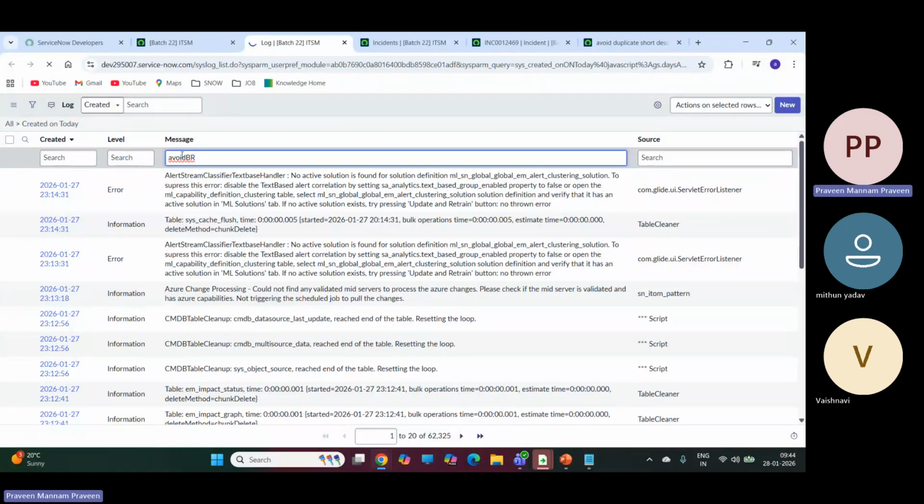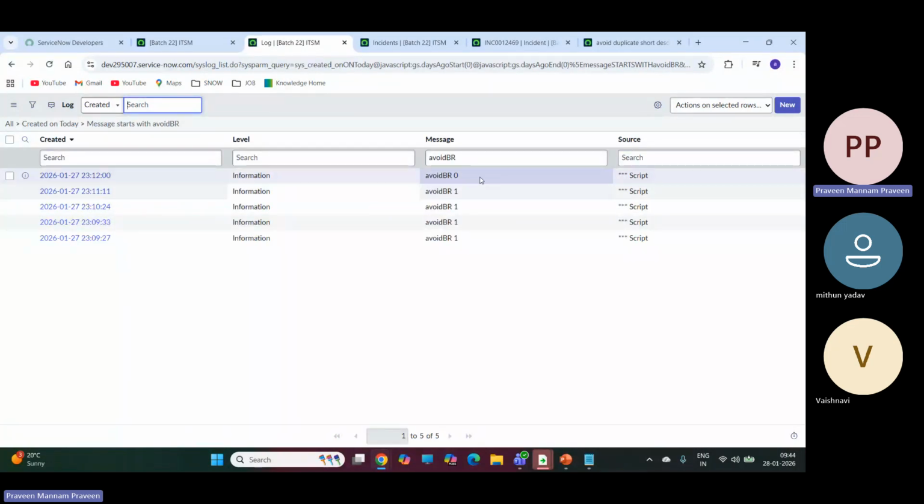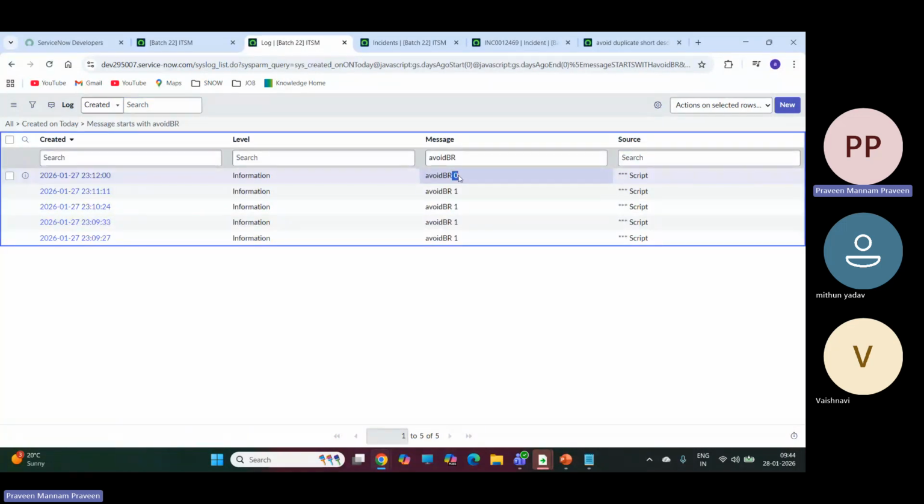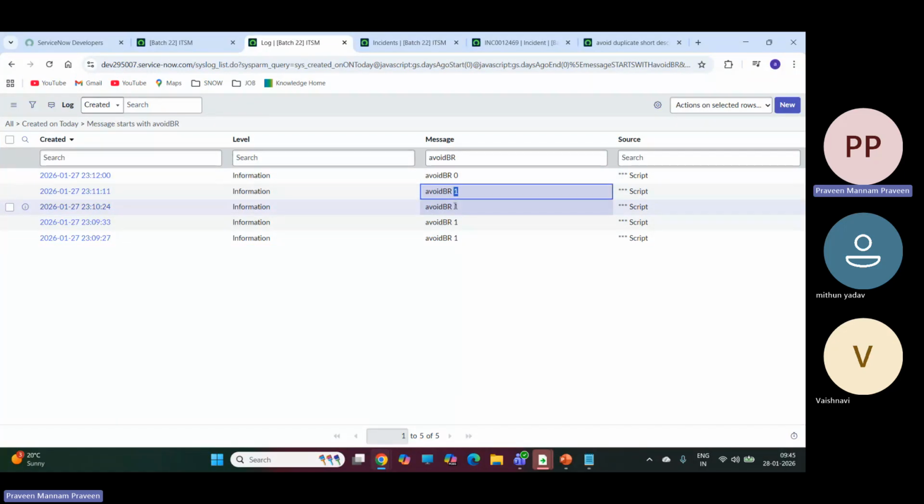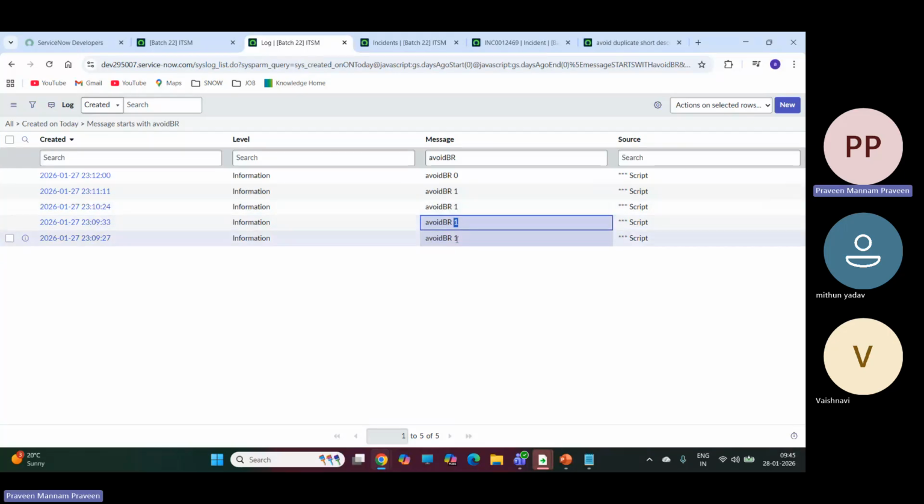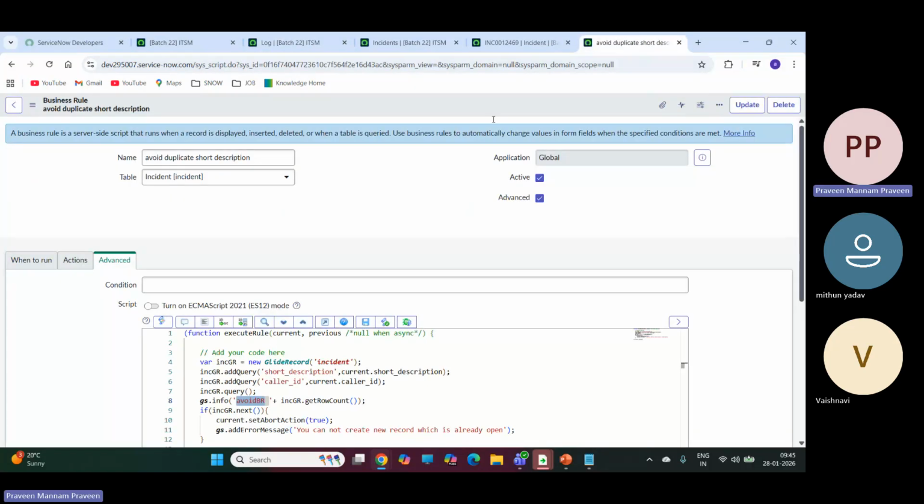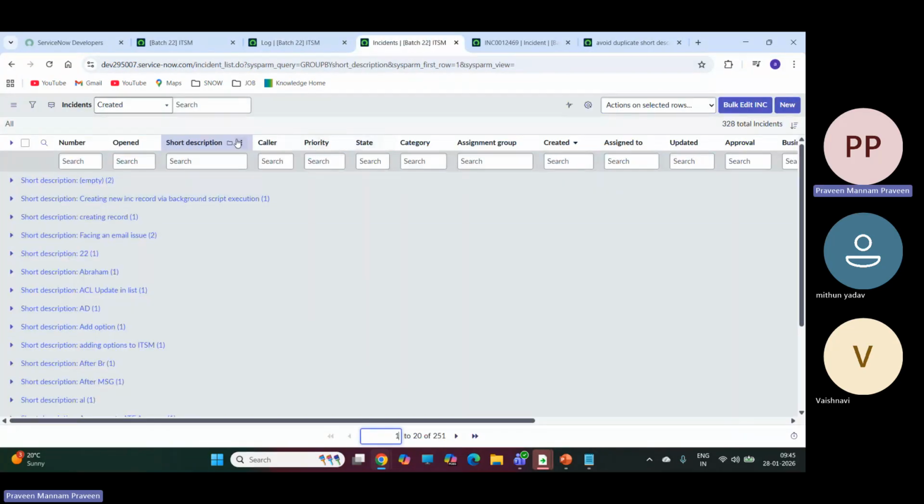Okay, it will return your output, whether one record or multiple records. So if the count is 0, there is no record, so it will create. Whenever you find the count as 1, then it cannot create a new record. So here, what I want, for example, this